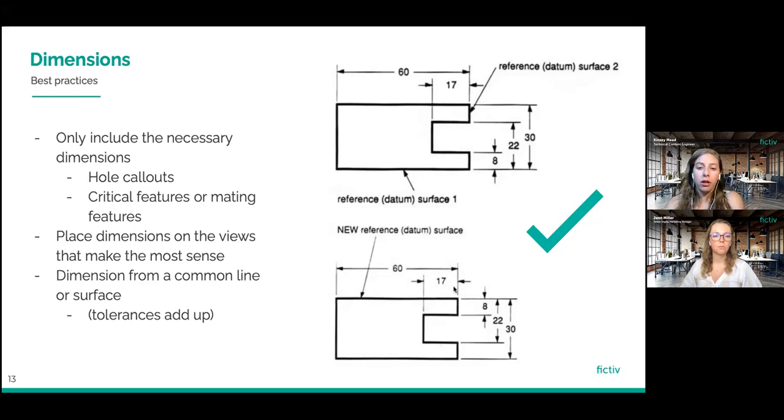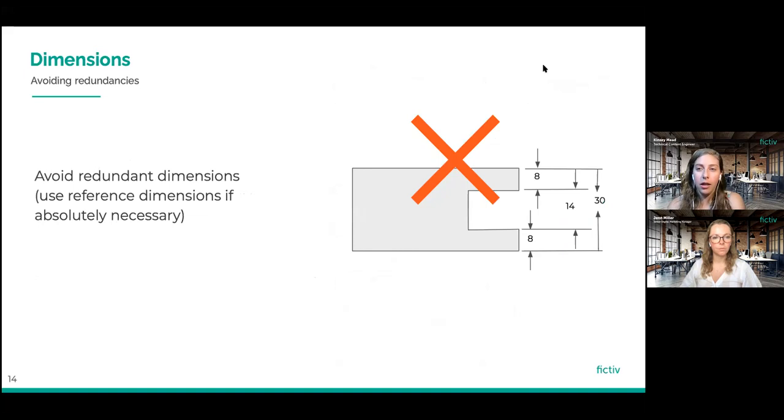You may be wondering why we're doing it like this instead of maybe like this, where we have the width of that internal slot feature dimensioned. We do that so that the tolerances don't add up. As we can see, if we go back,